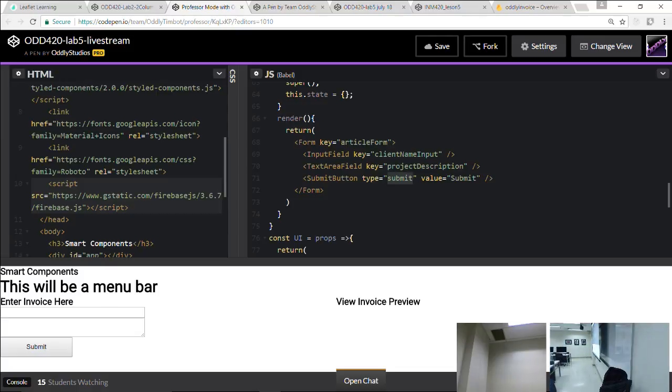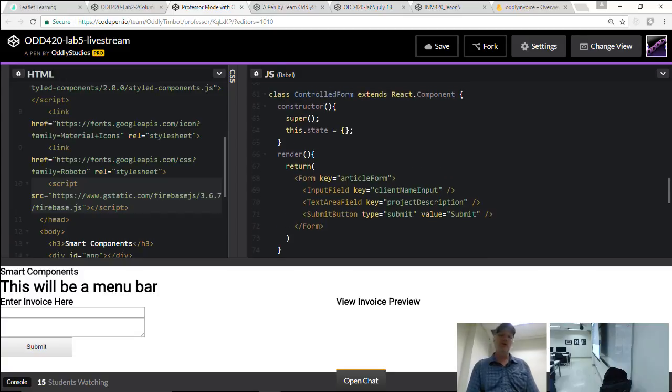Okay, you guys ready to do a little bit more stuff here? So you'll notice this third component here, this submit button, how I added a type and a value to it. This is a good opportunity to show how you can use stateless functions for controlled components like a button.